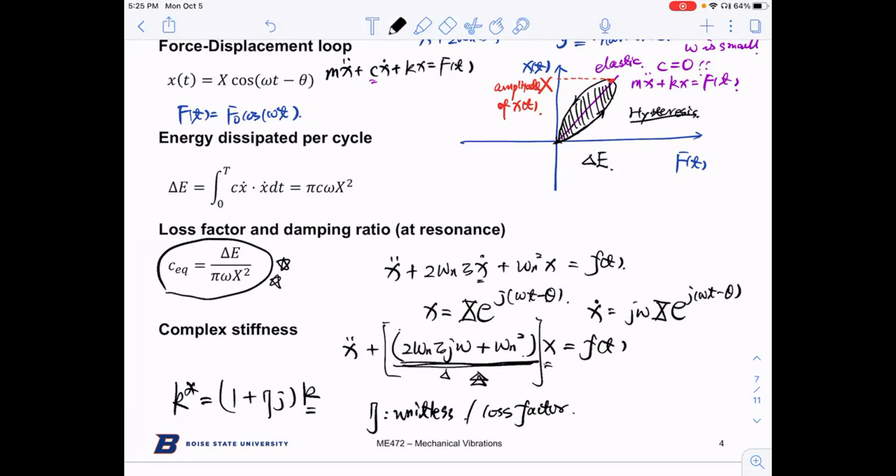Wait, won't we also need to remember how to calculate the delta E as well? Yes, the delta E is the shaded area. As I say, I would like to challenge you at least for 1 week. If you still have trouble calculating this area, let me know. I can give you an explanation. The hint is you have to do integration. So the shaded area delta E is